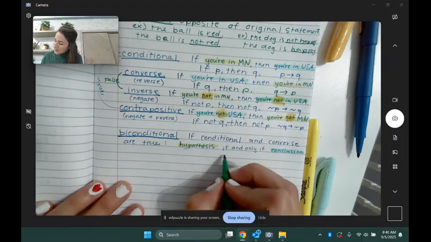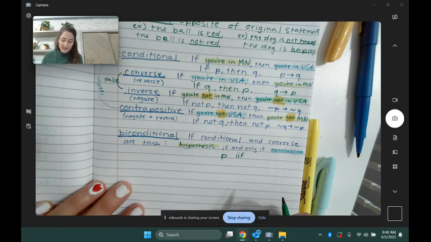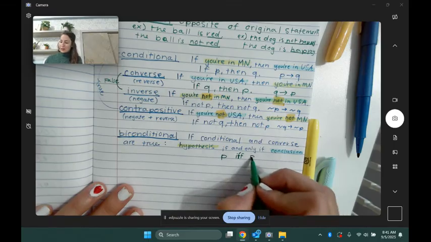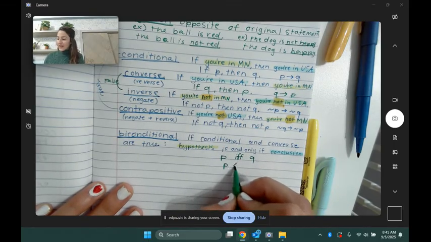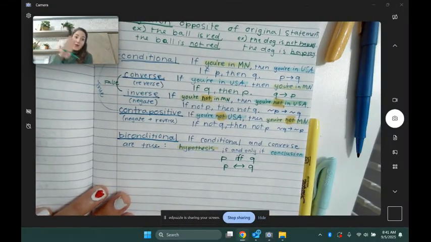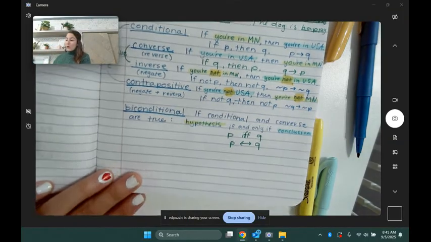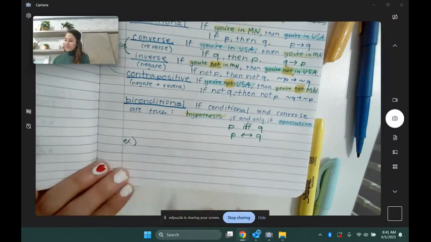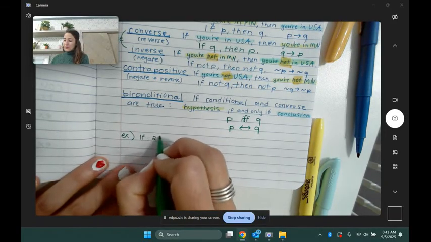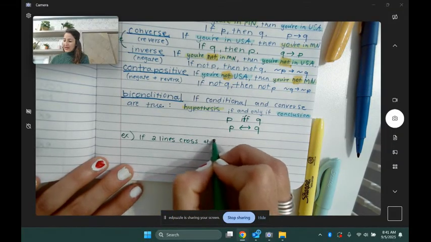There are a couple of symbols for this. It would look like P, and sometimes you can write it IFF. If and only if. Q. You can also write it with an arrow going both ways, meaning if P then Q, and if Q then P, if the conditional and the converse are true. So one example of this is usually using a real definition. So let's say if two lines cross at 90 degrees,